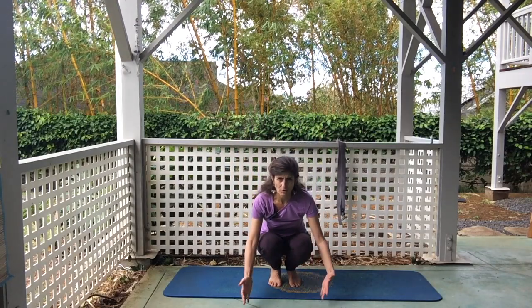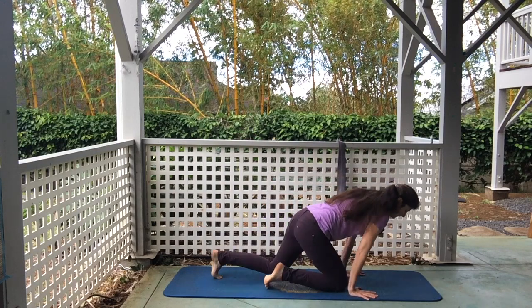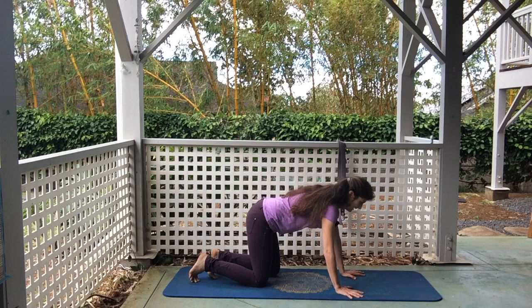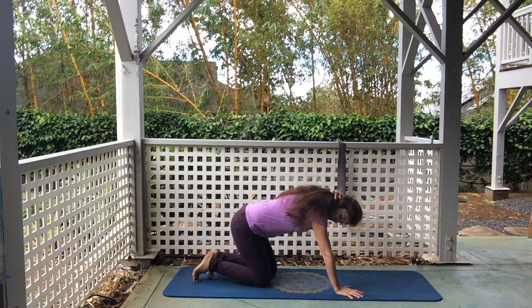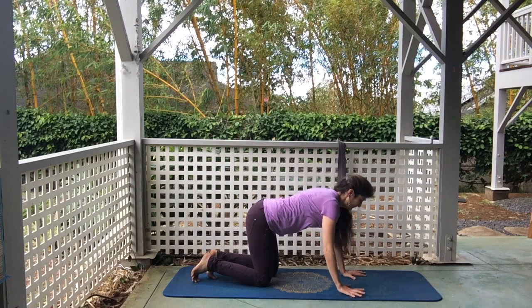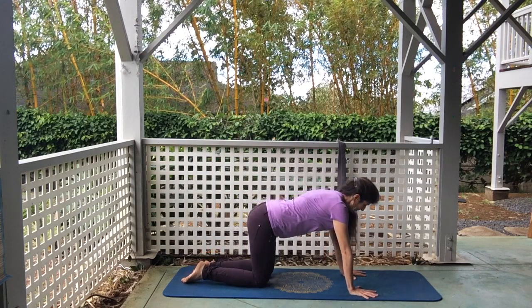We're going to come onto all fours. So on all fours, go-to. And I think this one's really important because we spend so much time with our eyes forward and rounding our back and not being in touch with the shoulder blades. So Scarabasana. So spread your fingers gently, shoulders above the